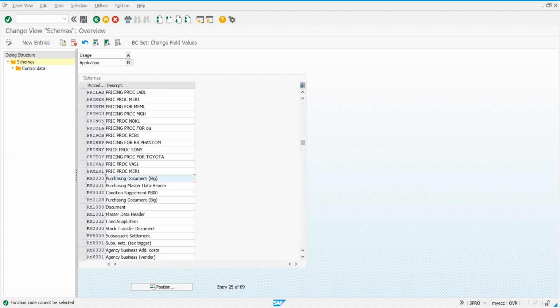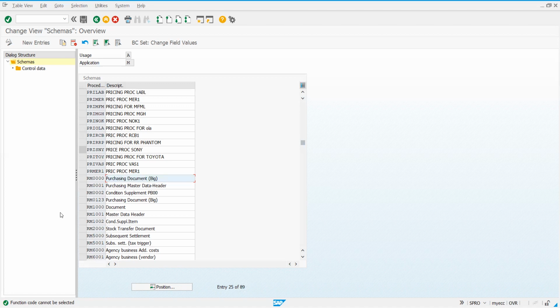Calculation schema defines the complete structure of various condition records. Like we created two condition types just now, similarly it contains many, with different condition types and various condition records, along with sequence and control parameters.